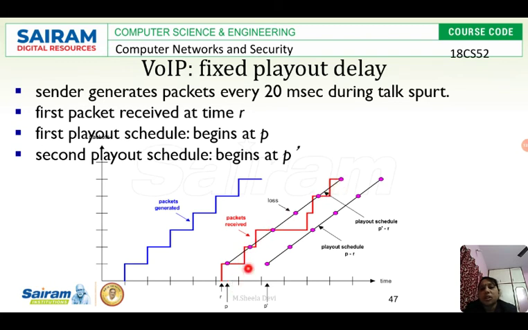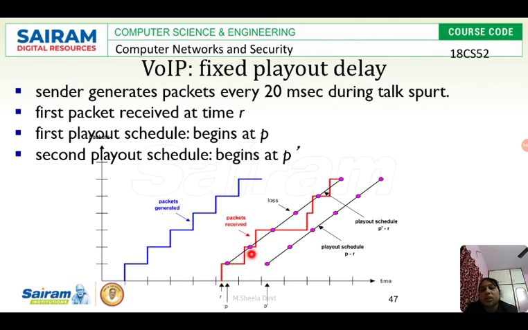So the playout schedule is P minus R. P is nothing but the playout schedule, when the playout should start. See, at 5 o'clock I received the first packet. I have to start my playout at 5:05. So what is the difference between the playout and the time at which the packet is received? This is this variation, only this much variation, maybe 5 minutes. I took the example as 5 o'clock is the received time of the first packet, and my playout schedule starts at 5:05, so what is the Q value now? It is 5 minutes.